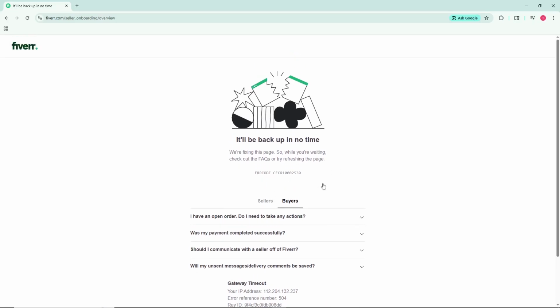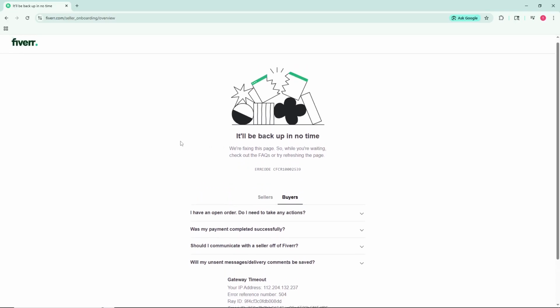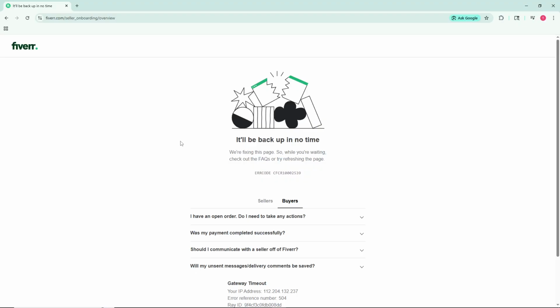This typically includes details like your name, location, and possibly some initial questions about your skills or services. Fill everything out carefully, as this information helps Fiverr recommend relevant opportunities and builds the foundation of your professional profile. And that's it. You've successfully registered on Fiverr as a freelancer, and you're ready to start building your profile and